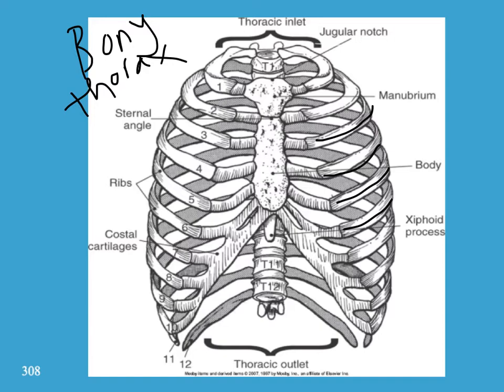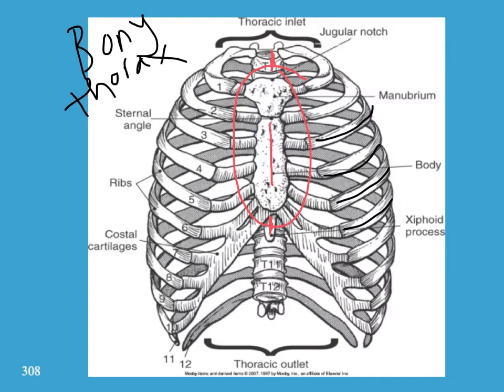In the back, you have the thoracic vertebrae that is protecting. And also, anteriorly, you have the sternum, right? The superior portion of the sternum is manubrium. This is all repeat for you guys. Here's the body, and then inferiorly, you have the xiphoid process. And all of these produce like a cage kind of a structure, which we'll call bony thorax, to protect all the structures inside. There's also thoracic inlet and outlet